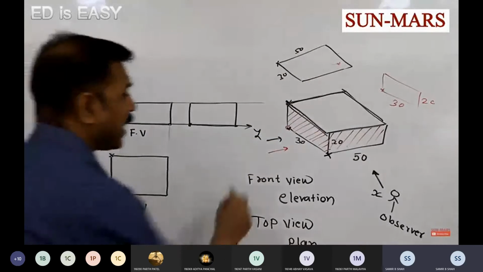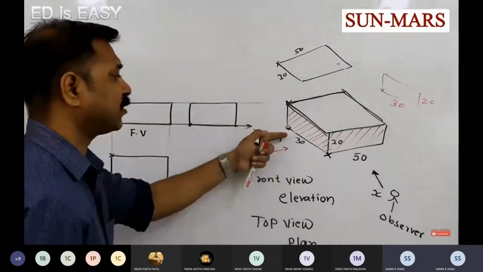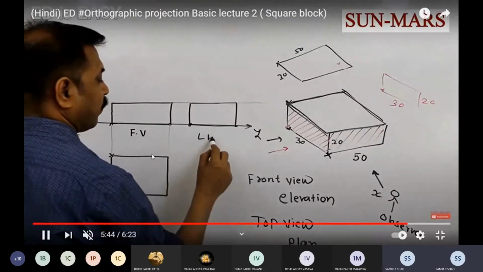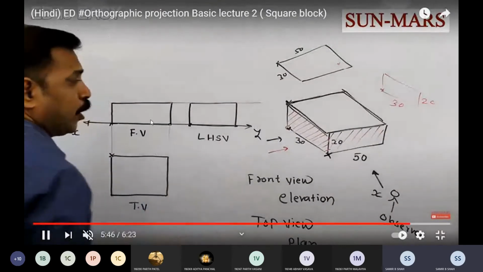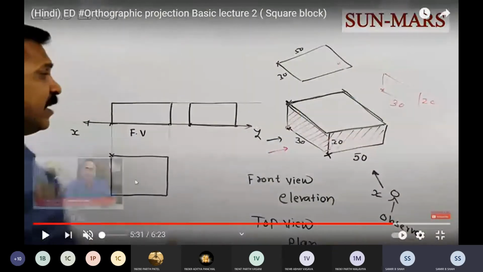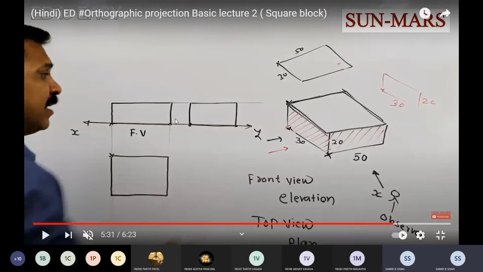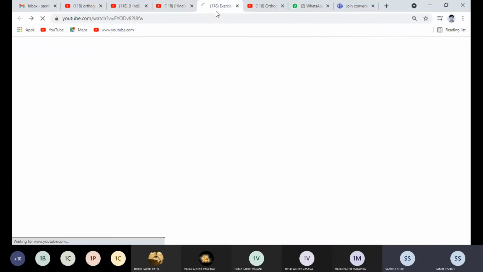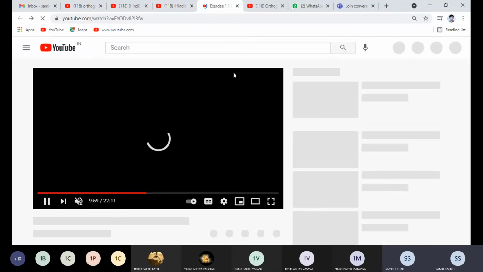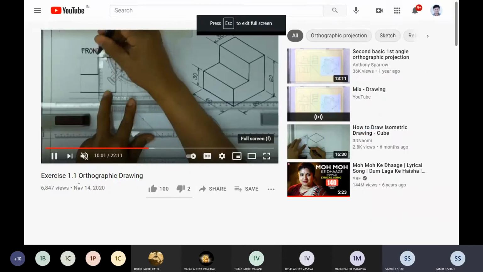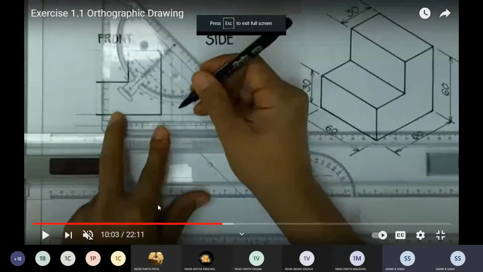Every time you mention which is the front view, which is the top view, which is the left hand side view or right hand side view. Every time you remember this, between these two you have to keep some distance. Parallelly, you also have to mention the proper dimension with any one method, as discussed in the first sheet. Based on that, you may use any one method.